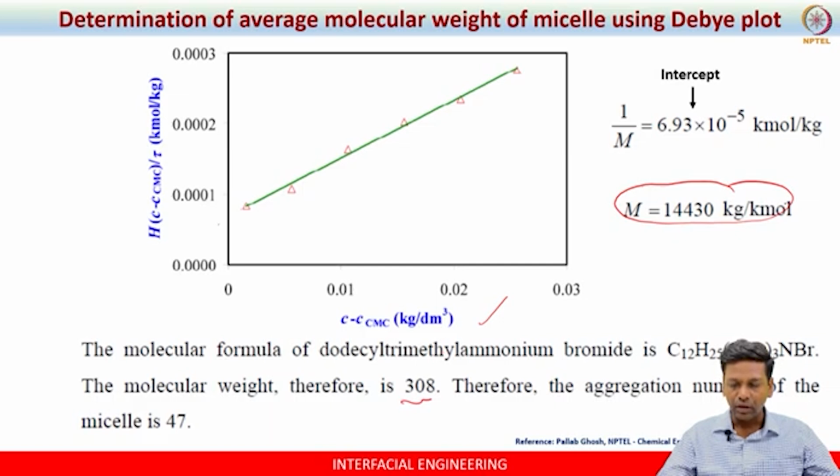When you divide this number with the molecular weight of the CTAB, one would get the aggregation number. This actually implies the number of monomers which are used in making up the micelles, right? So you can understand that this aggregation number is coming from the data that we obtained